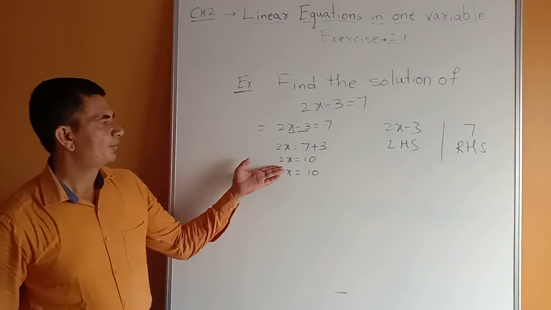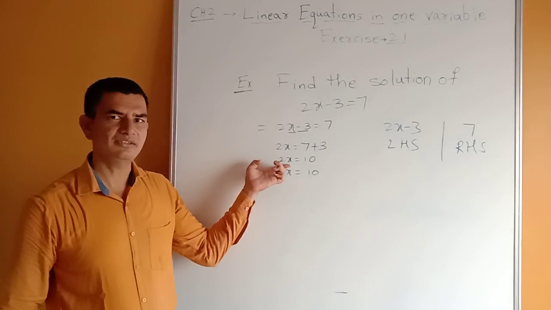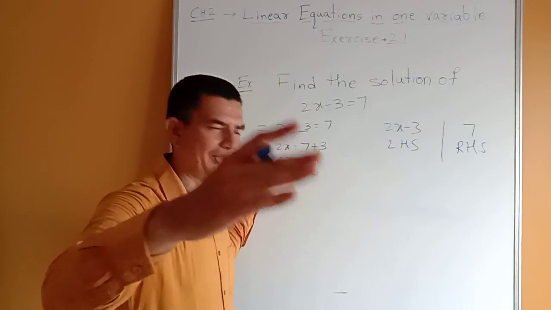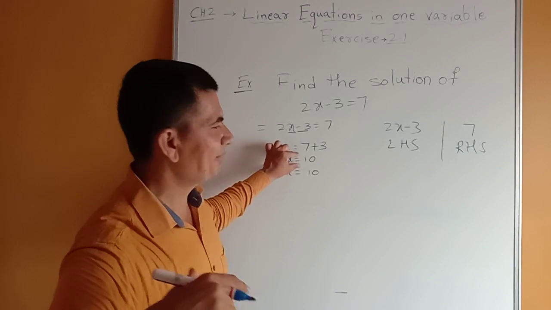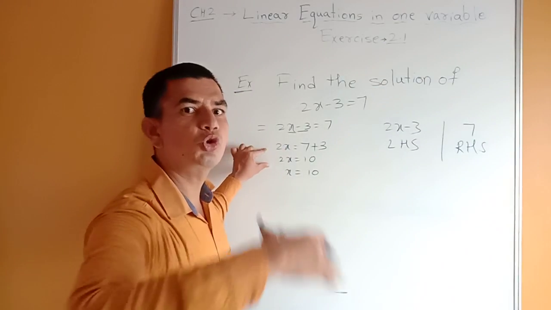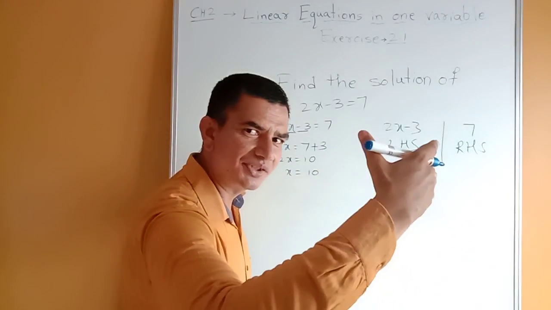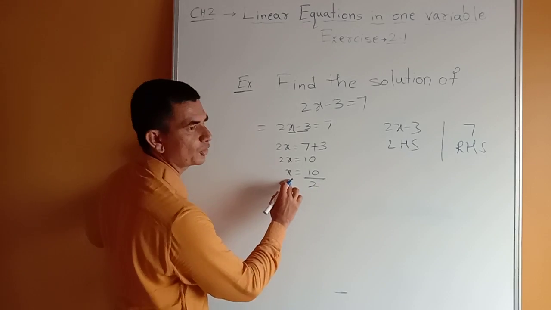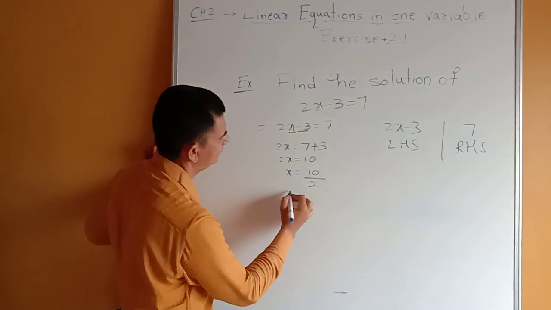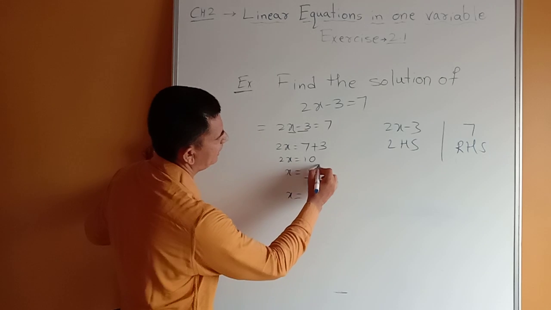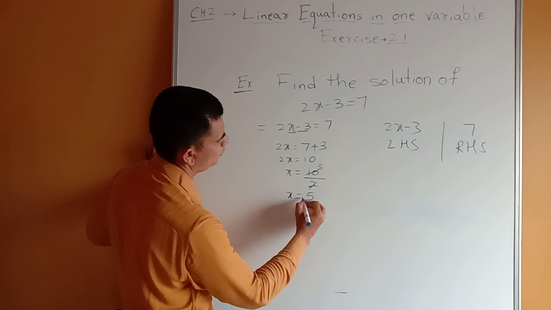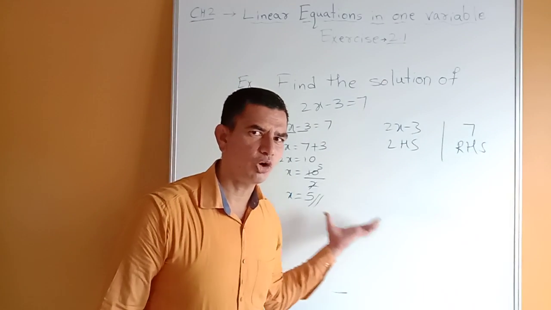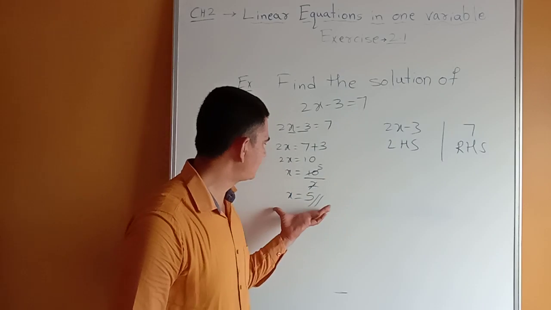Again, one more method is there. Here 2x is there. 2x means it is 2 multiplied by x, means 2 into x. So if on the left hand side it is multiplied, if it goes to the right hand side, it becomes division. So we have to bring here 2. x is equal to 10 by 2. We have to divide. Now x is equal to 2 ones are 2, 5s get canceled, and x is equal to 5. In the earlier method also we got answer 5, and this method also we got answer 5.